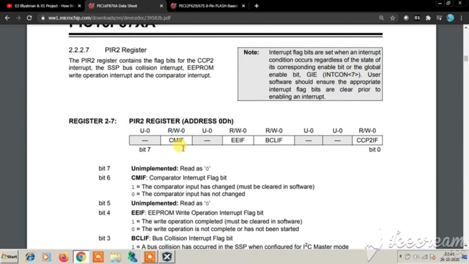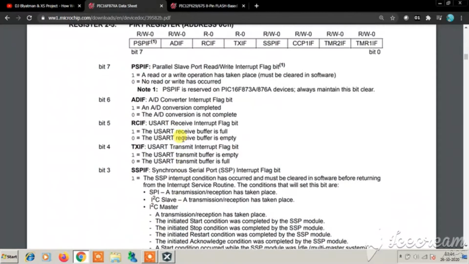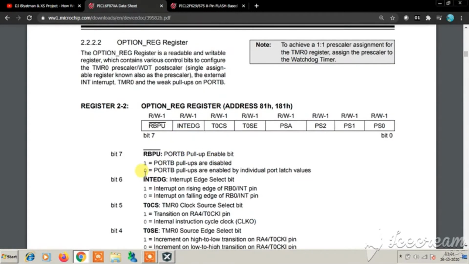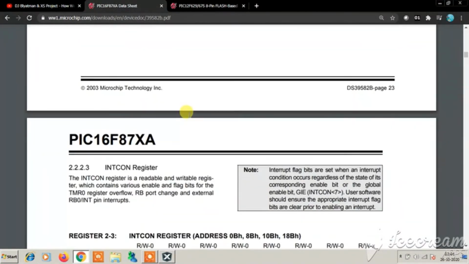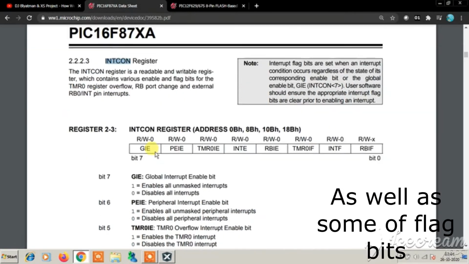PIE1, PIR1, PIE2, PIR2, and the OPTION_REG register, which you saw at the very beginning. Above, the OPTION_REG register had the INTEDG bit, and the INTCON, which has the enable bits for various interrupt sources.